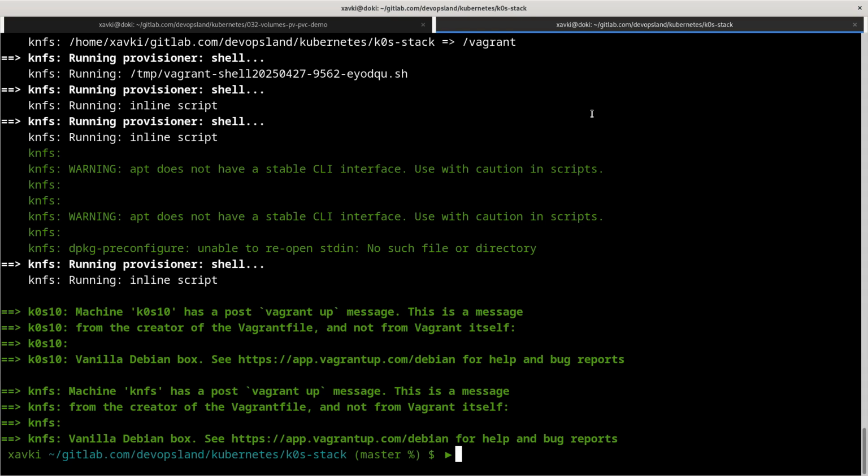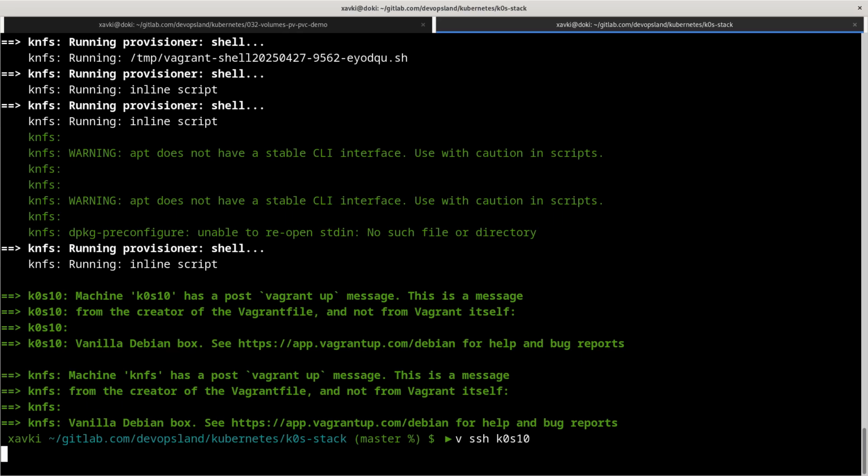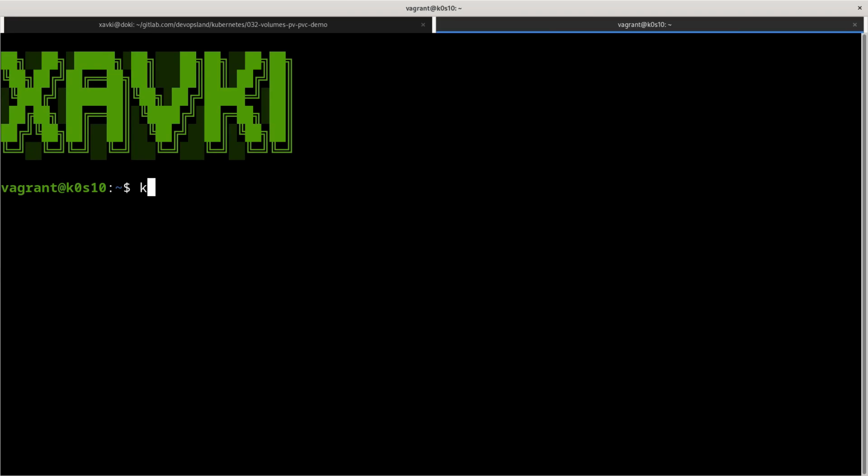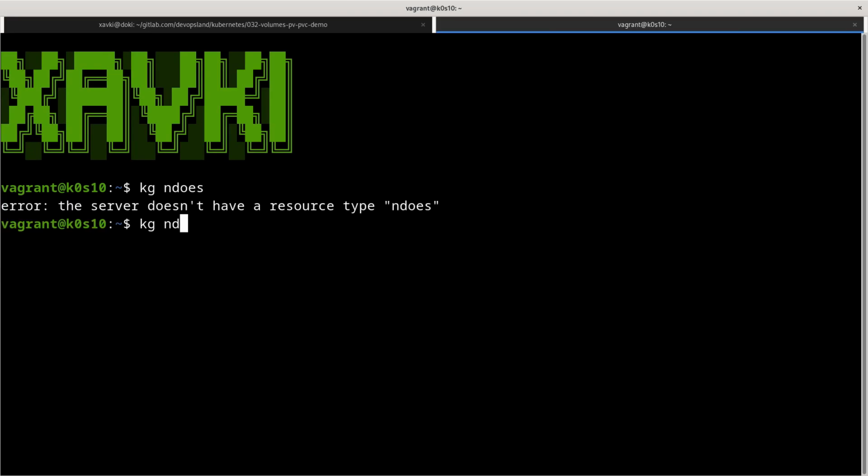Of course, I've created a new Kubernetes cluster with our K0s stack here. As you see, we have two servers. The first one is K0s 10. K0s 10 is like a Kubernetes cluster, but it's based on K0s, and the second server is our future NFS server, for the second part of this video. So let's go for the first part. Let's go inside the K0s 10 virtual server, and of course we have only one server and nothing inside